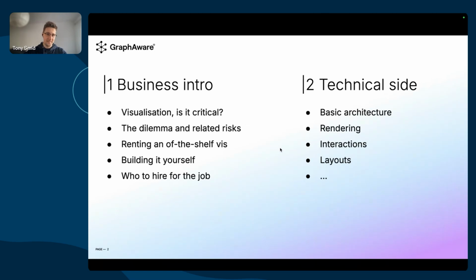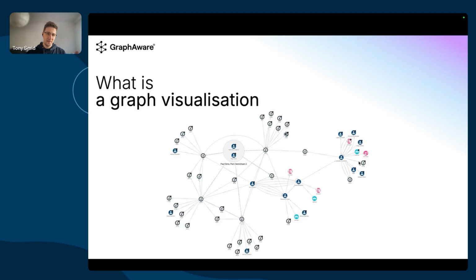So let's start with the business stuff, and let's start with what is graph visualization? What do we all kind of envision? It's something 2D. It's a picture, right? It shows nodes. Those nodes are styled. They have colors, icons. Maybe they have some badges, different labels. And then there are links between them. Those links also have different styles. And also, there might be groups, there might be some positions, layouts,